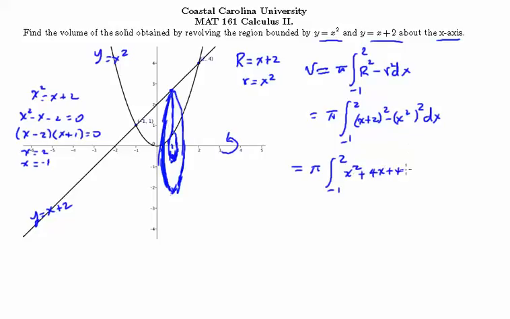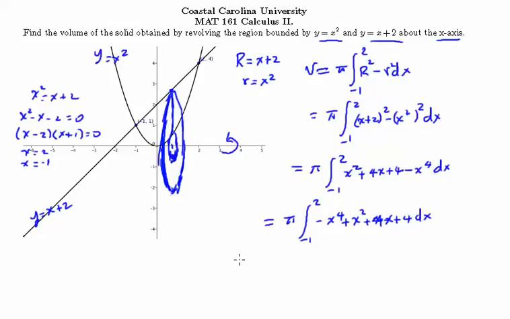This guy is x to the 4th, and integrate with respect to x to get pi from -1 to 2 of -x to the 4th plus x squared plus 4x plus 4